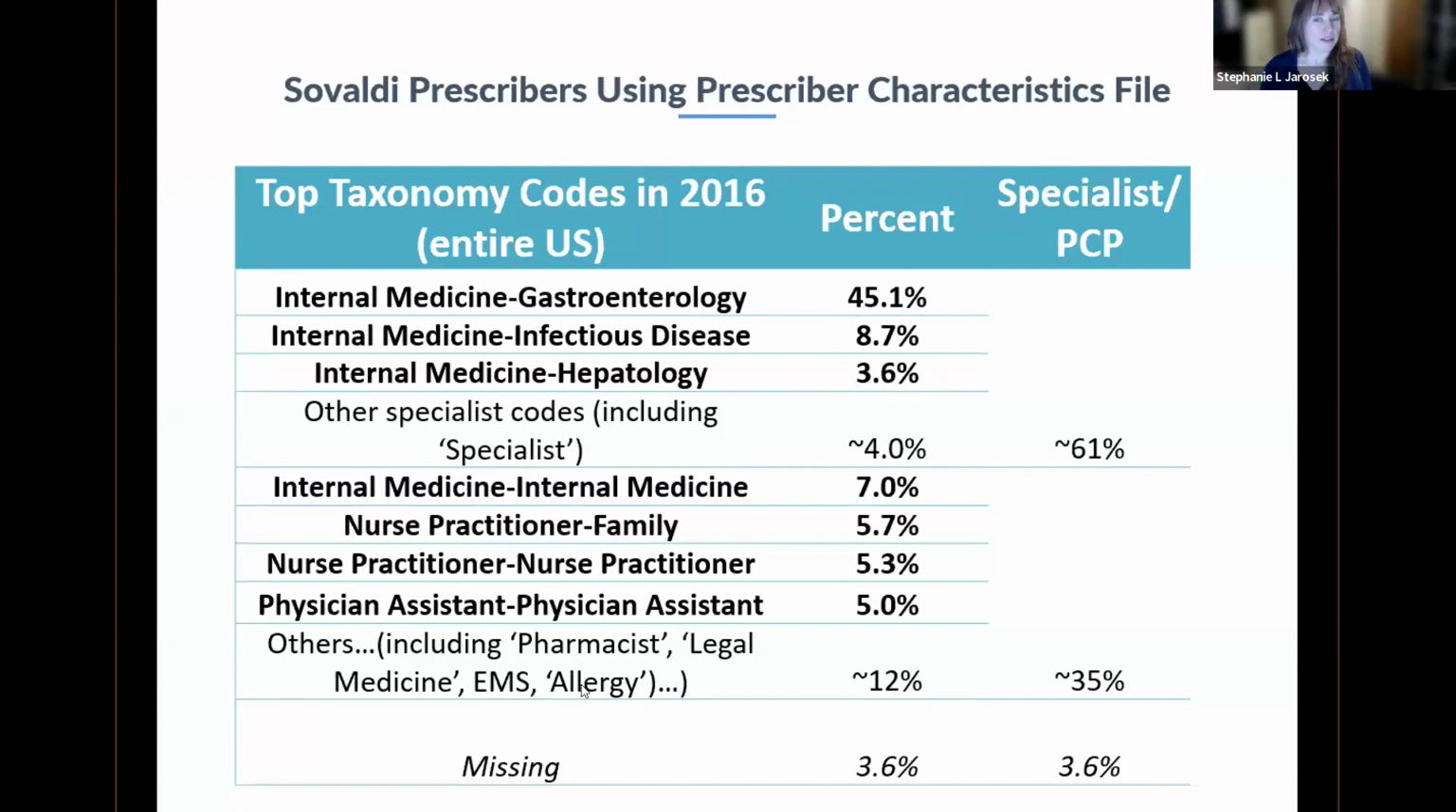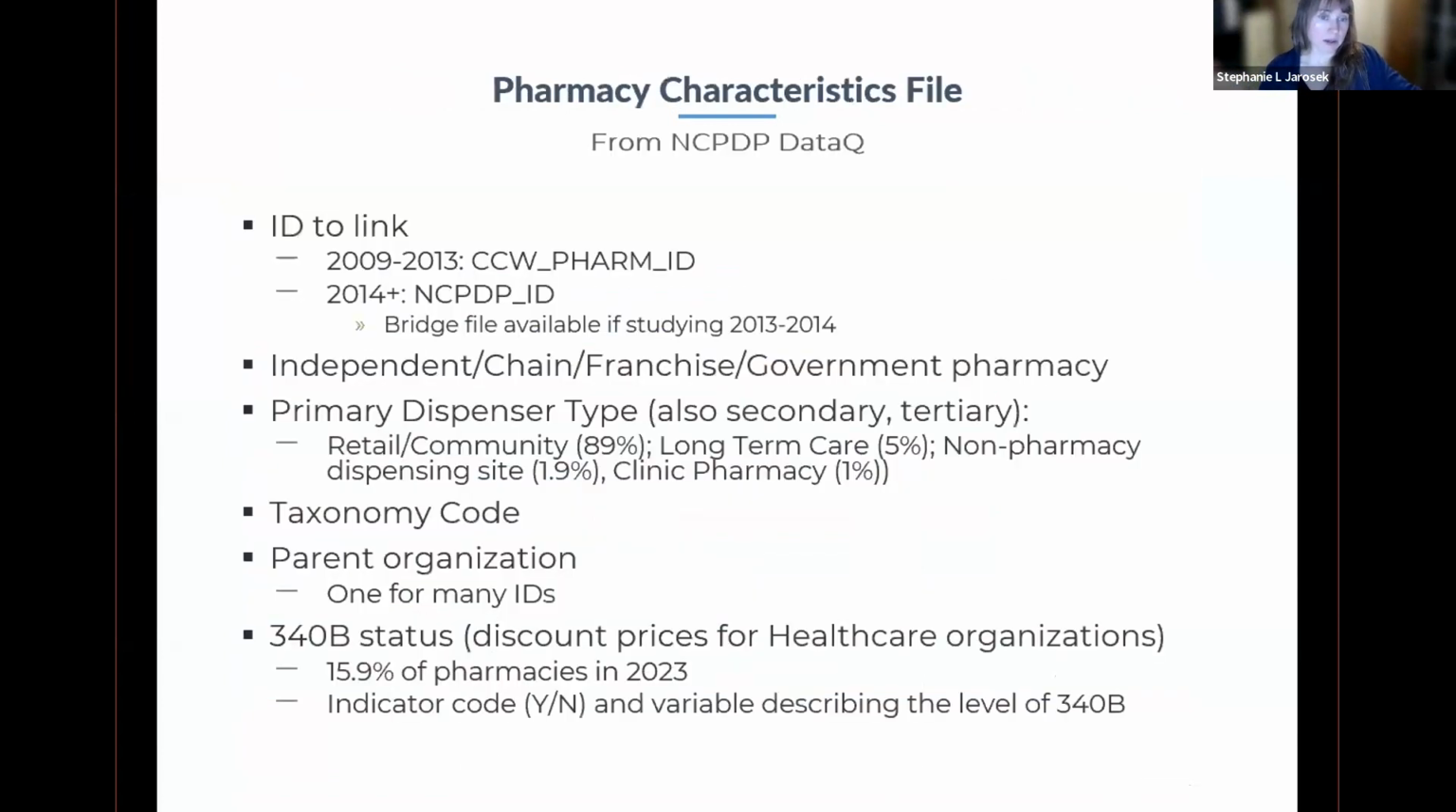So there's a lot of stuff that you're going to have to sift through and decide how you want to categorize them. But this is what you would get from the prescriber file. So that could be useful to you. The other file that you could request to link to the PDE is pharmacy characteristics. We talked a little bit about this earlier. This is from the NCPDP data queue database. And again, 2 different IDs to link depending on your years,